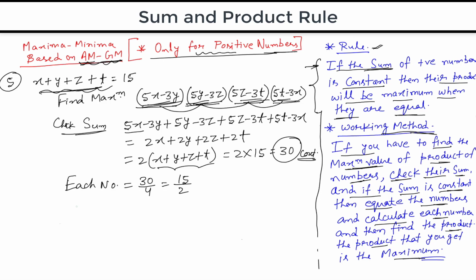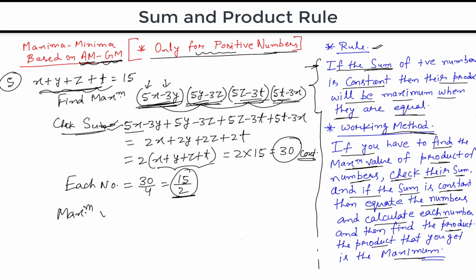See, you have to understand why did we get 15 by 2 and why not any other value? This 15 by 2 is specific for this particular situation, right? To maximize this product. If the coefficients were different, we would have got a different value here. Please try to understand. Okay.